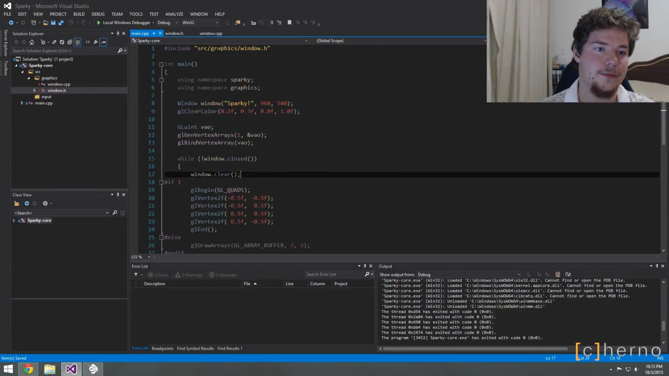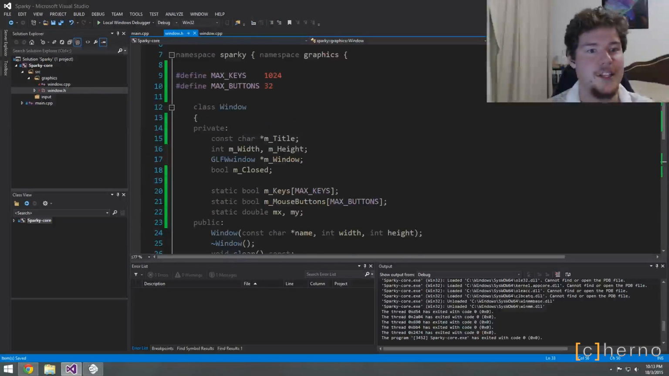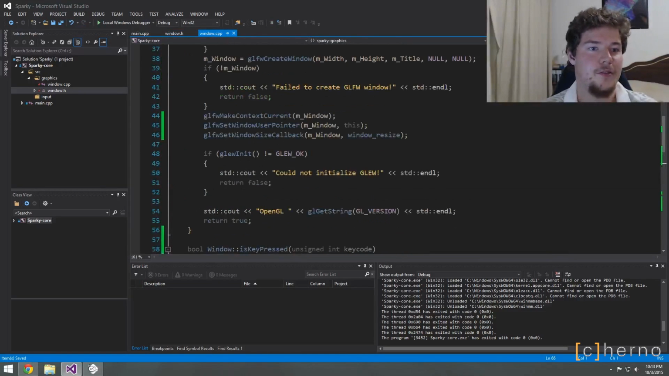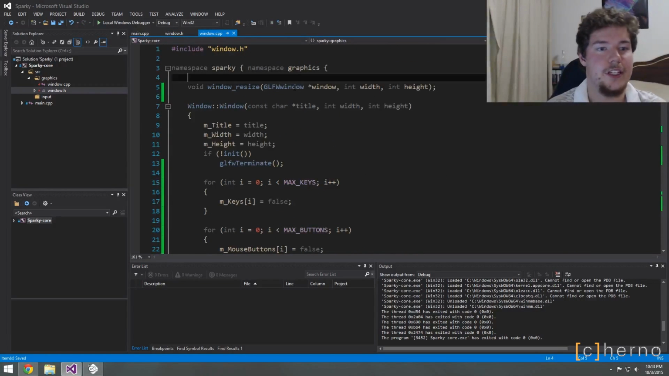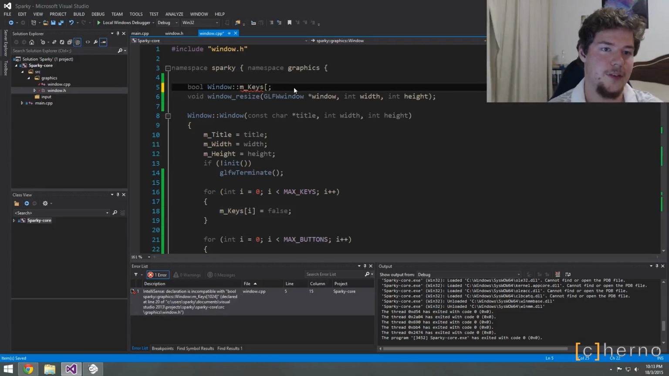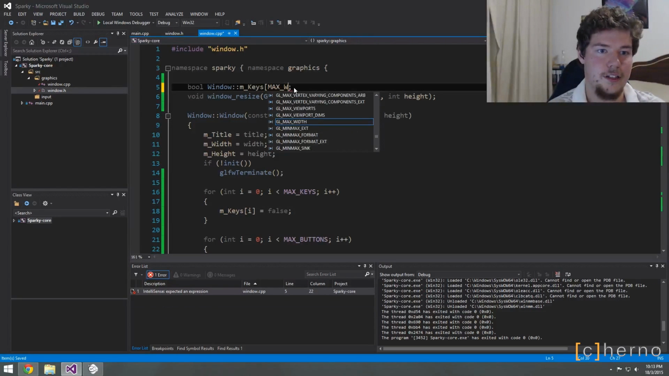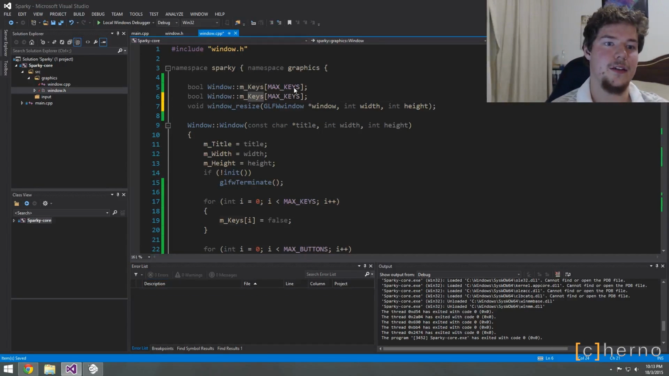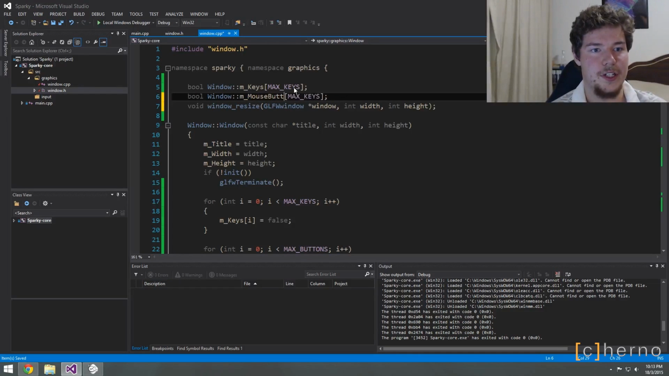So back in main. Oh, one thing I forgot to mention, by the way, is these static things actually have to be implemented in the CPP file. So if we take this, for example, m keys, up the top here, or anywhere really, we need to basically declare this as being a thing, okay? And specifically, we need to give it an initialization. So max keys, right? There we go. And we have to do the same thing for the buttons. So mouse buttons,